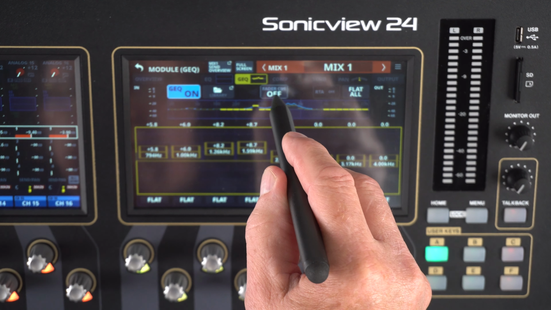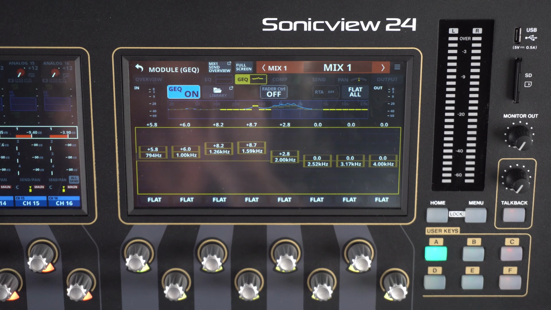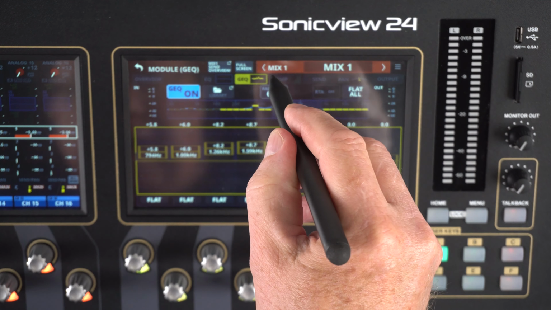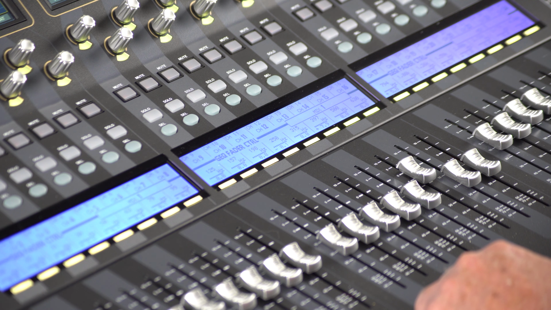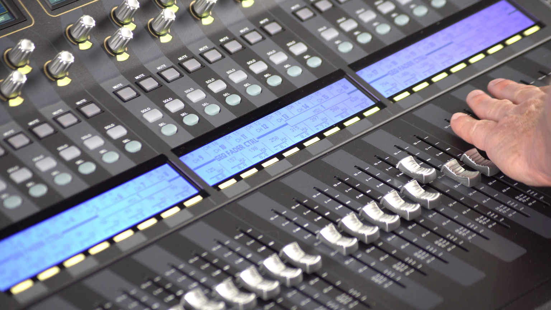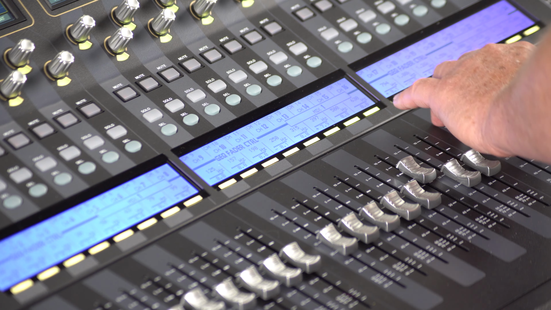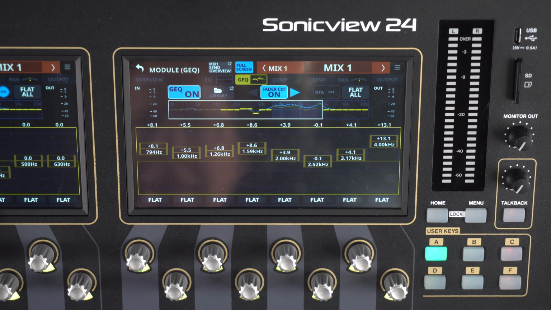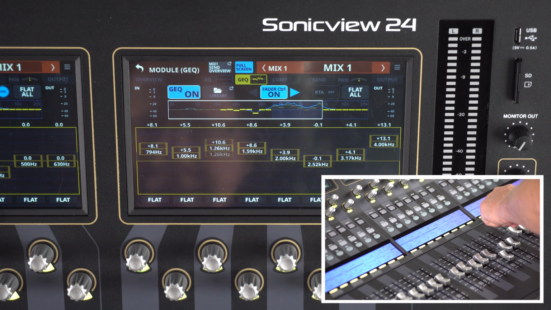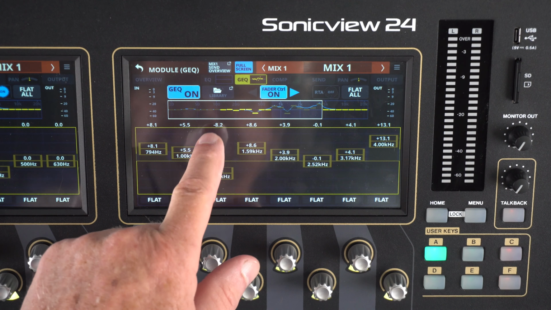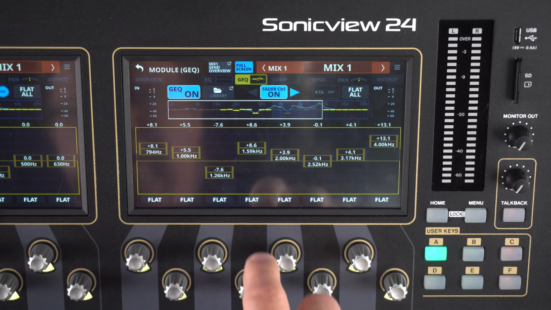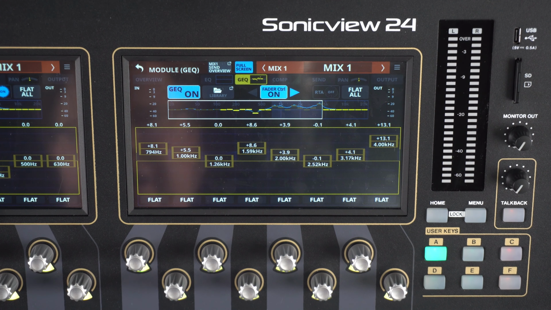And I'm going to do something that's brand new in our latest version and use send faders for the graphic EQ. There they are in all their glory. So it's a 31-band graphic EQ just for mix 1. And you can see it's all being reflected in our LED scribble strips. Mix 1, mix 1, mix 1, to make sure you're clear. And you can see the dB level for this particular band. And if you just wanted to flatten it out, you can actually hit flatten, and the fader reflects that as well.